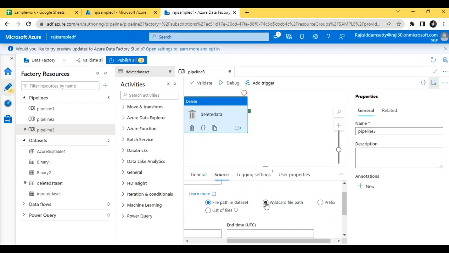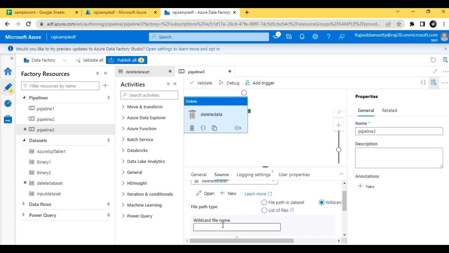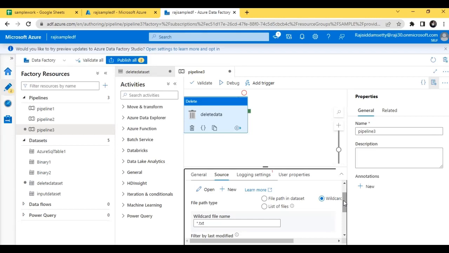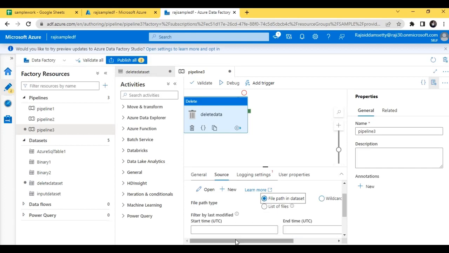Wildcard path means we can select which file path. For example, we can select .txt files, and it will then delete only .txt files. Like that we can select here. Or if you want to delete all the files, you can simply select file path in dataset.